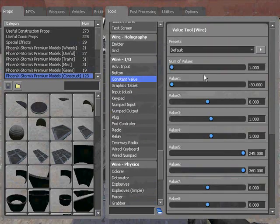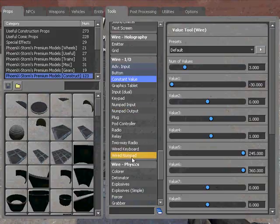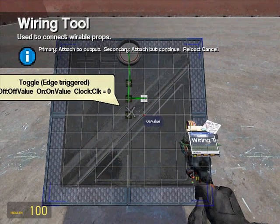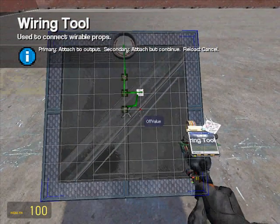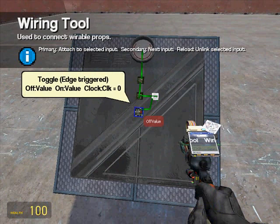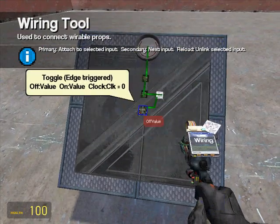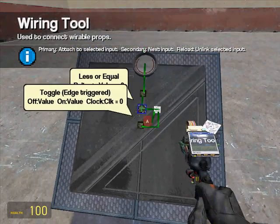and I'm going to add some values to our constant value. I'm going to change this to 3, and I've already set my values to 0 and 1 for our on and off values. Let me just wire up our on value to 0 and our off value. I'm just doing it this way because it starts on the on value. I wanted the off value to be 1. Sorry. Yep. Okay,